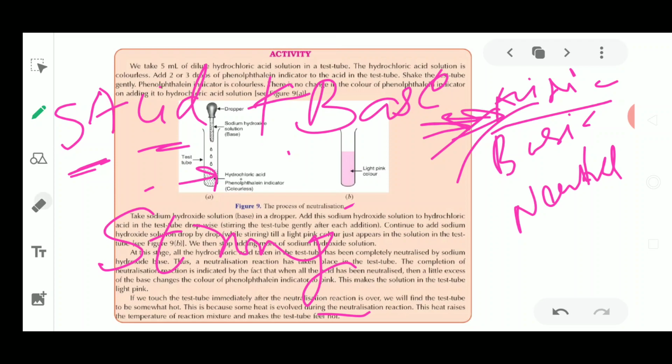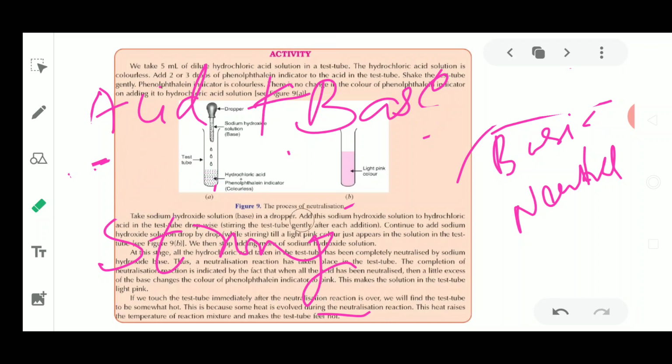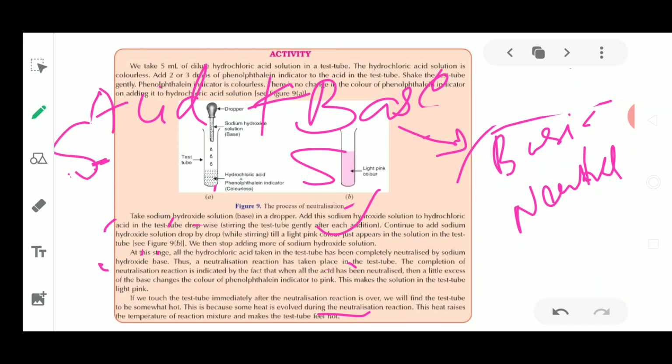Now if you take a strong base instead of a strong acid, then the salt which is formed will be basic in nature. It is going to cancel the effect of the acid. Again the same concept: this time the base was strong, so it is going to form a basic salt. Similarly, if a strong acid and a strong base are both strong, if 2 people are fighting and both of them are strong, who is going to win? Nobody. Similarly here nobody wins, and the salt which is formed will be a neutral salt.